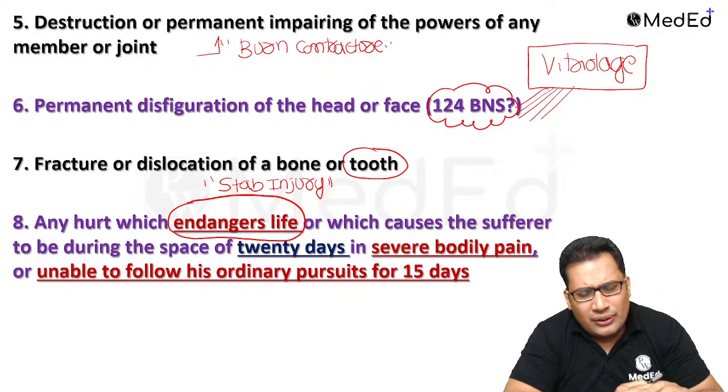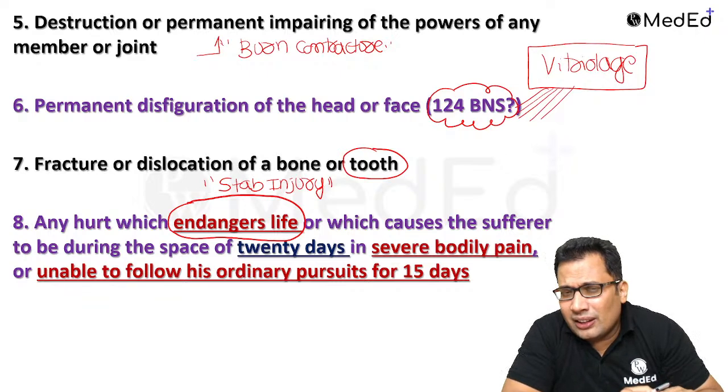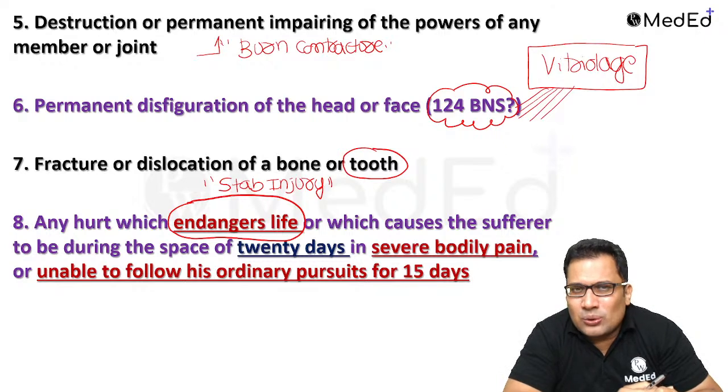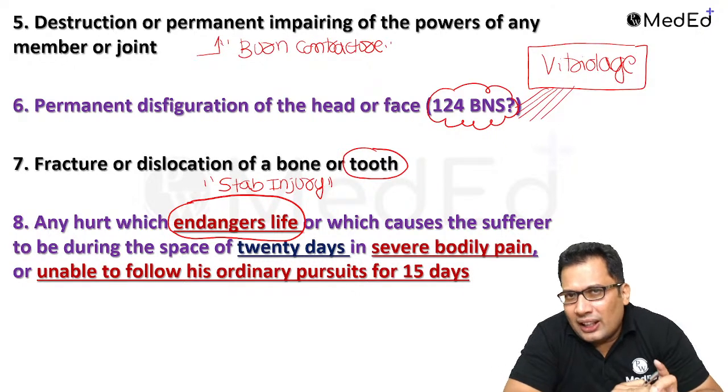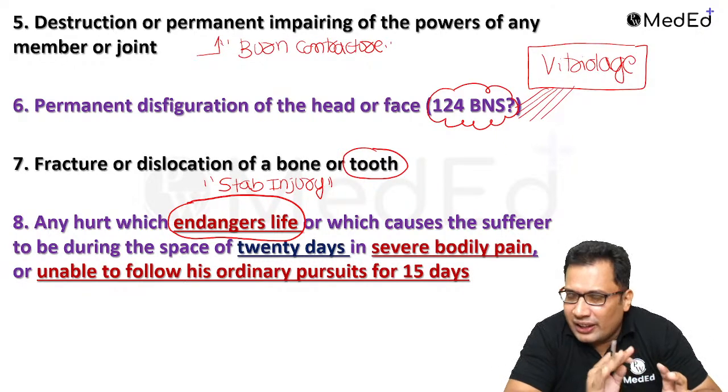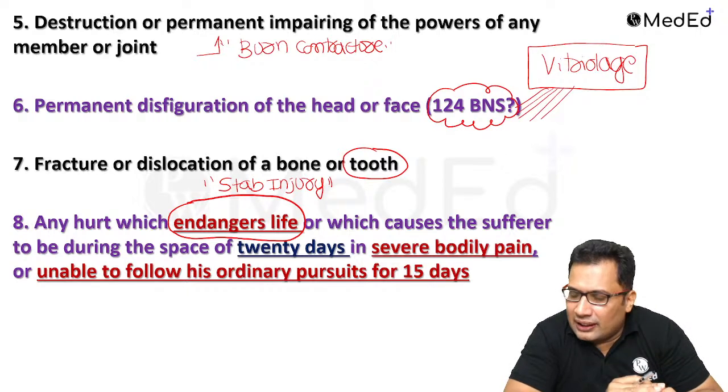Surgical negligence is not related here, because grievous hurt is basically defined for assault and the injury. Medical negligence, surgical negligence has a different entity. We have other BNS and IPC sections for that. So grievous hurt is basically to define the trauma and the injury from assault, just to